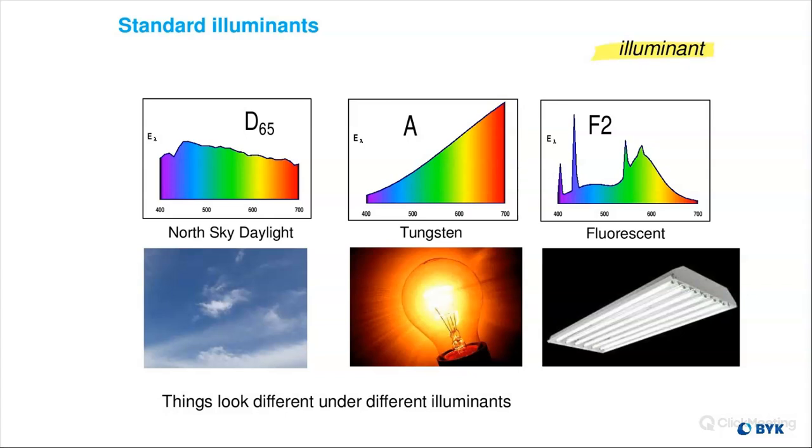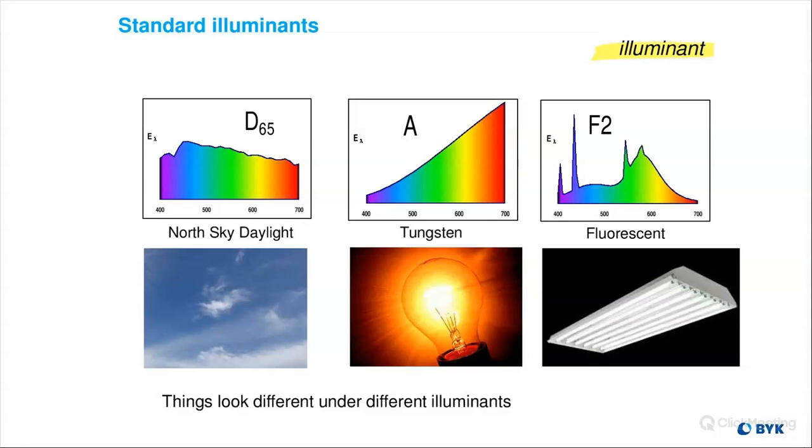Light's important because it can be different depending on where we are, the environmental changes. Light bulbs, LED lights, everything is slightly different from each other. So when you're trying to evaluate a color, whether it's visual or with an instrument, you need to have a standard set of ideas of what that light source is. Here we have 3 examples of standard light sources. We have D65, where D stands for daylight, and 65 means 6500 Kelvin, so that's the temperature of the light. And that's your standard daylight light source.